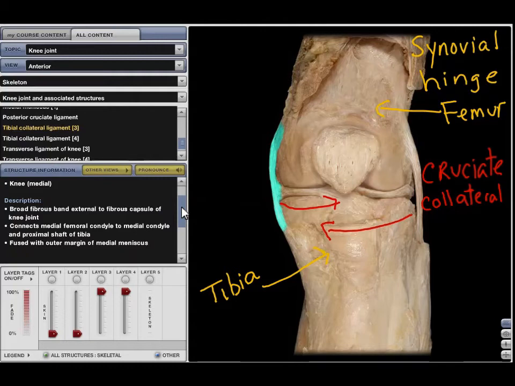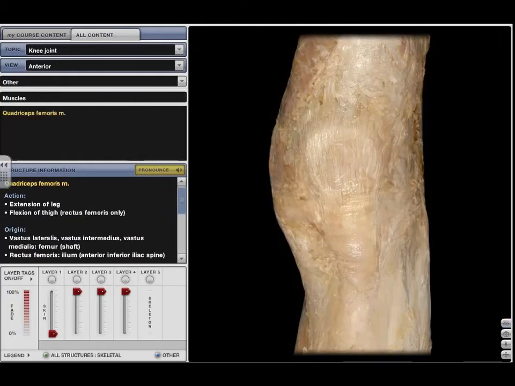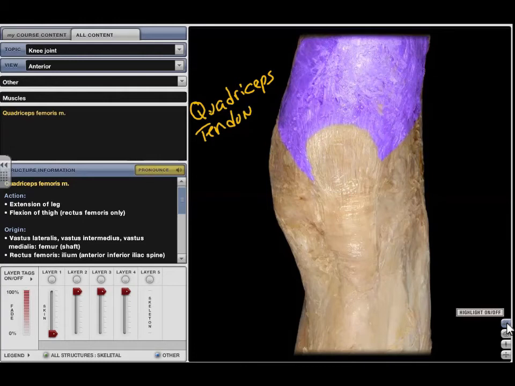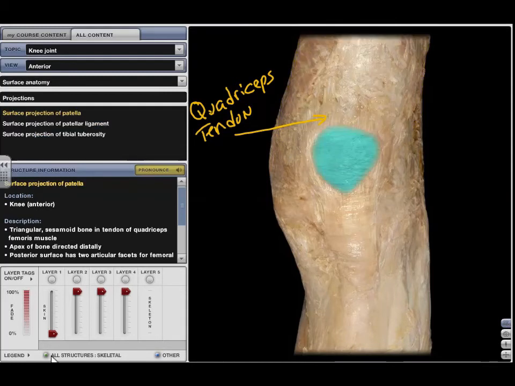Next, we'll take a look at the superficial surface of this joint. The anterior surface of the joint is covered by the tendon of the quadriceps muscle, which is highlighted here in purple. And this tendon embeds the patella